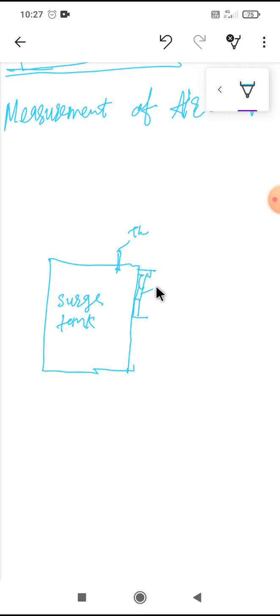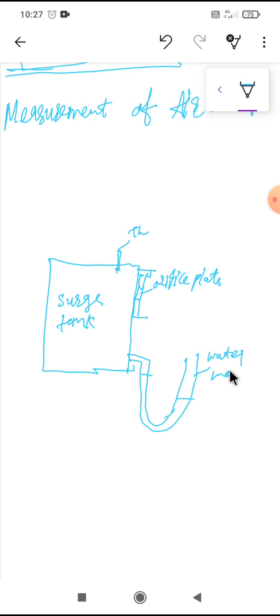This is the orifice plate, and towards it there is a water manometer to measure the pressure. So how much pressure is there in this surge tank. So this is a water manometer,